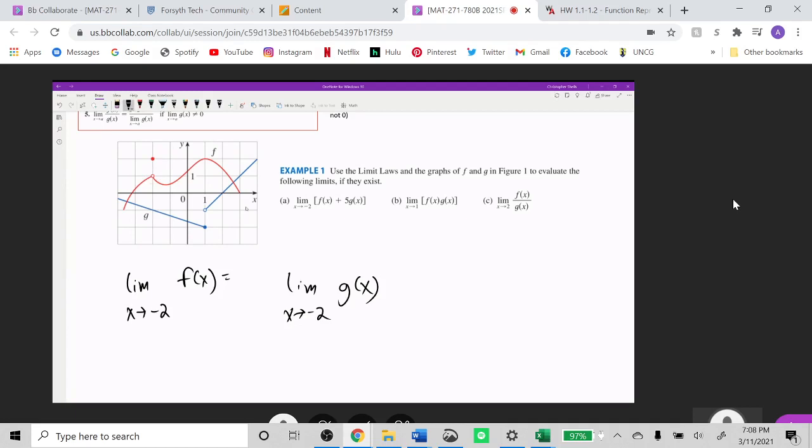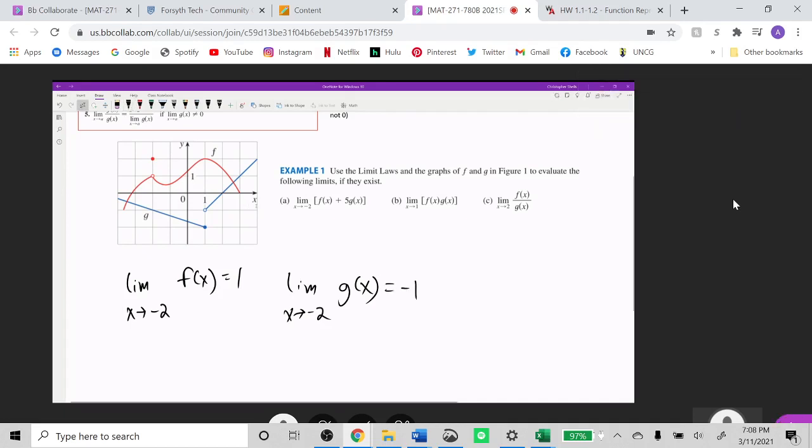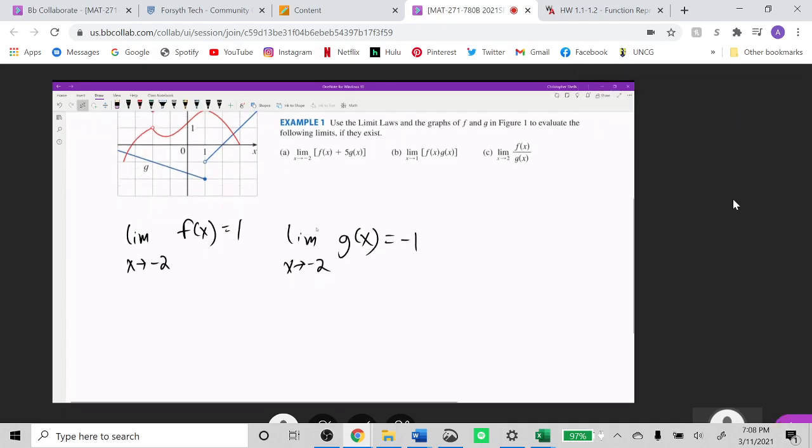Right. So that is 1. What's the limit of g of x as x approaches -2? It looks like -1. Yep. So this means that using our limit laws, this limit